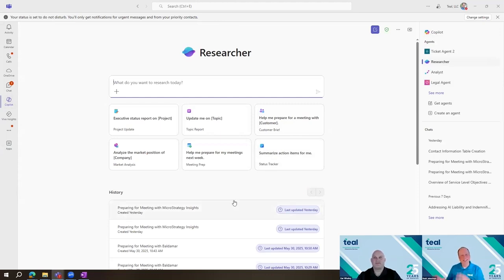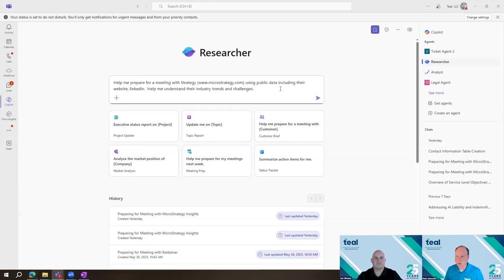Yes, I have. So in the researcher agent here, this is a chain of thought agent, meaning we put in a prompt and the agent will look at that prompt. It may ask some additional questions, and then it will take us through its thought process while it's gathering information and doing its work. So the way that I've been using this is to help me prepare for meetings. If I'm meeting with a client, if I'm meeting with a vendor, I'll put a prompt in to help give me some background information about that organization,